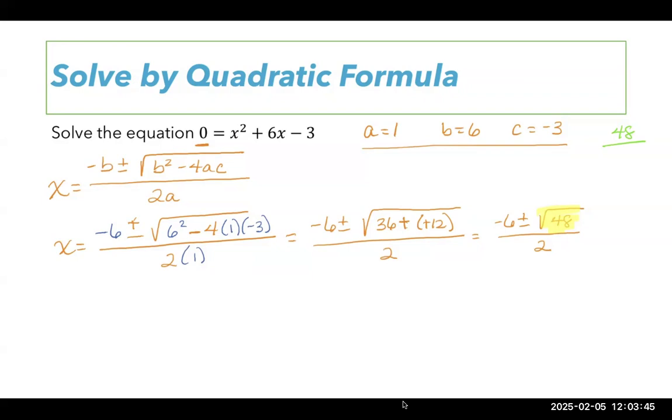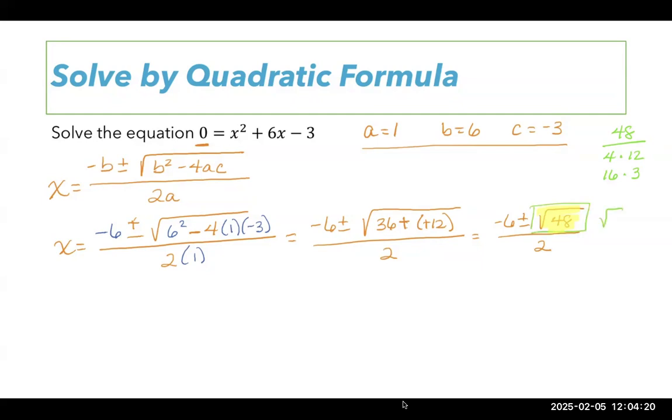So if I use 2, then the match to that pair is 24. Neither one of those is a perfect square, so that's not helpful. If I use 4, that's a perfect square. So that's one possibility. But if I think about it a little bit more, I could also use 16, which would be times 3. And so I want to use the biggest possible perfect square factor to rewrite